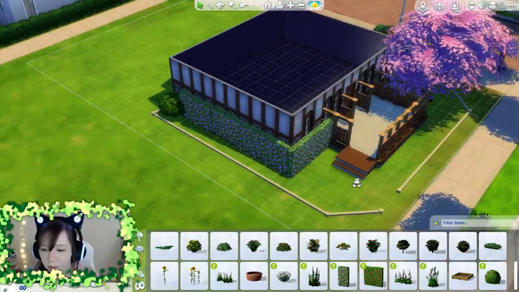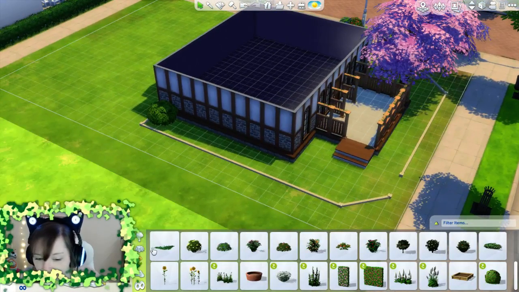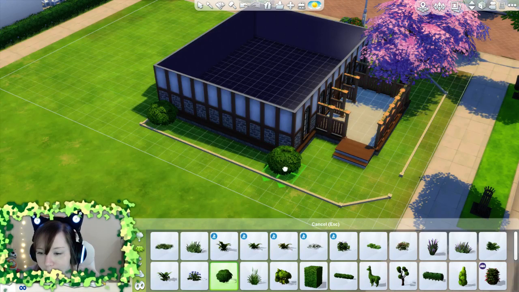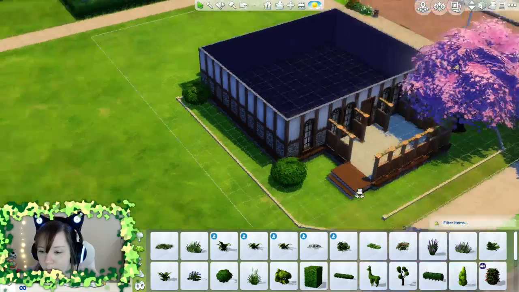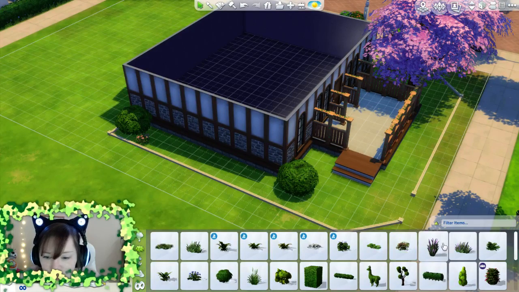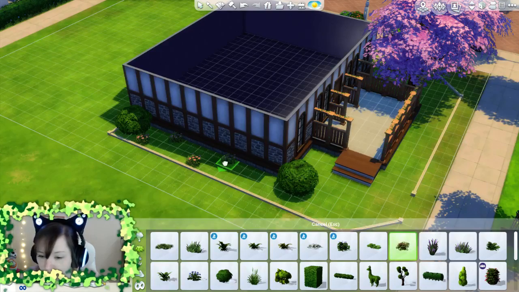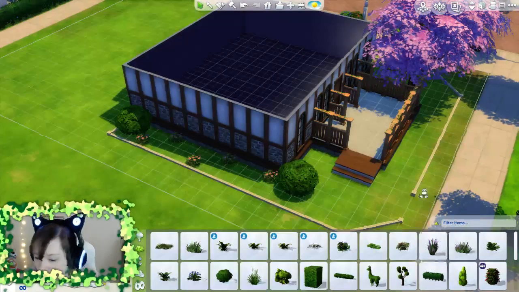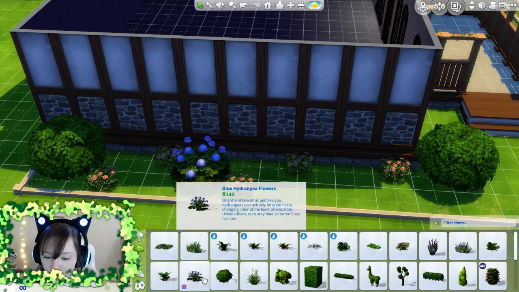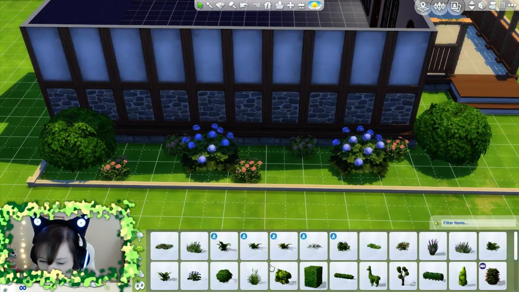Now I'm completely rethinking whether I want this here. I don't think I do. All that time and effort wasted. I think I want to fill this with like flowers, like different flowers. Just gonna kind of put them randomly down. Those are bigger, but still good. And then